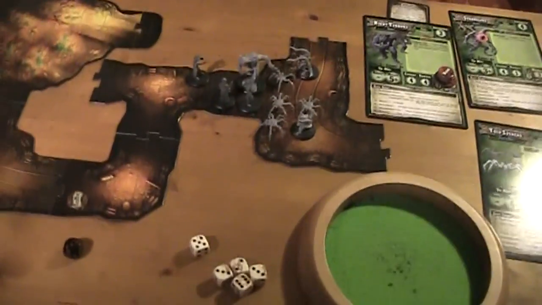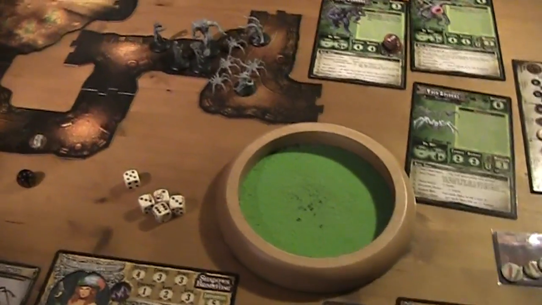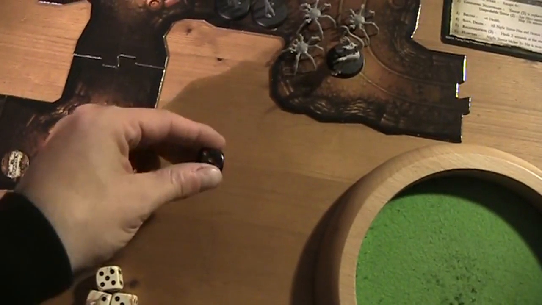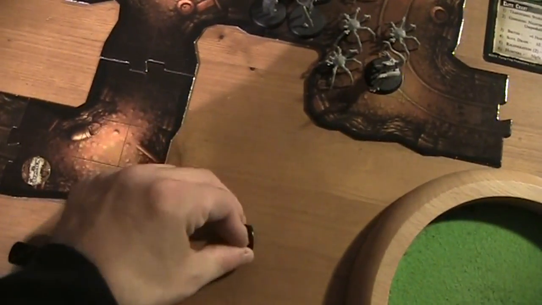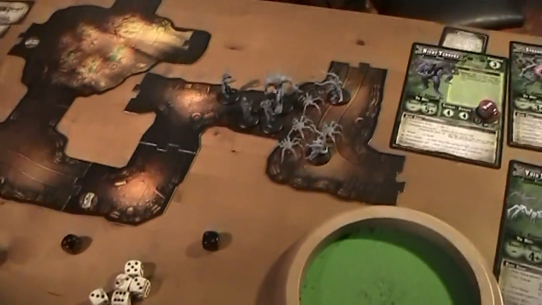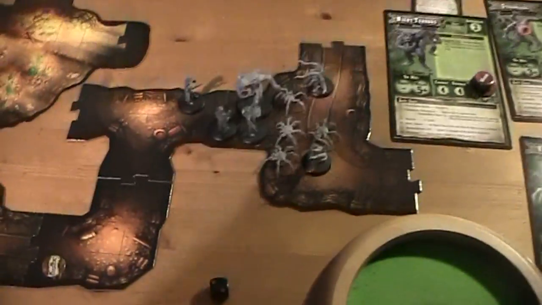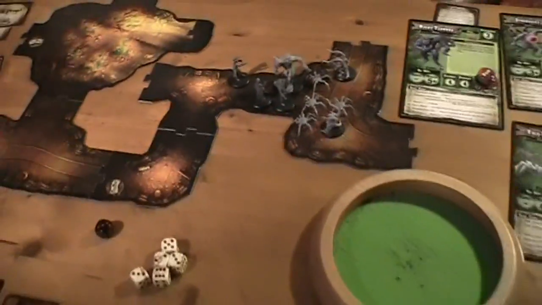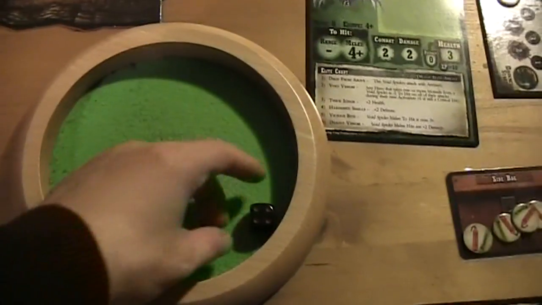Actually, I think, do I have to assign the hit after I rolled for damage or before? Because if I would be able to assign it afterward, I could shoot at one of these spiders and do a wound. No, it seems like you have to assign the hit and then roll for damage. So the first one was a complete waste. The second one... okay, that was...